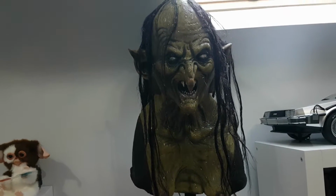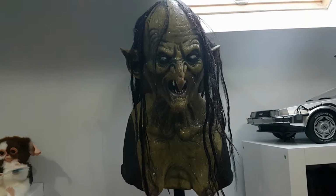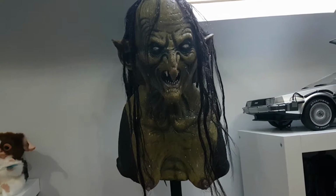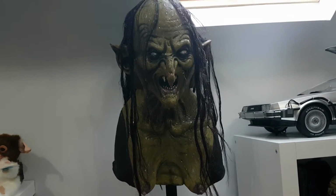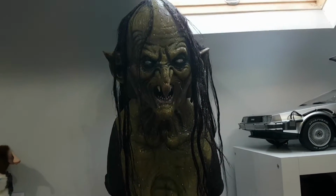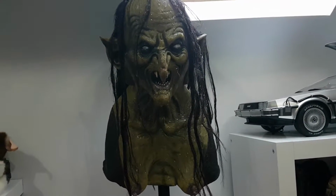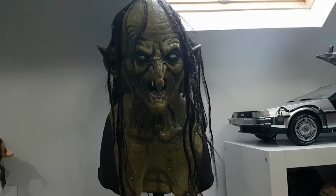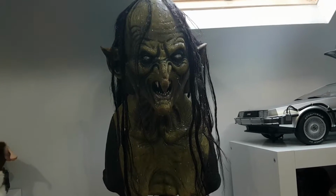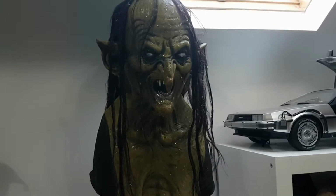So yeah, I got this piece. The paint job was really good. I was actually very impressed with the paint job. There were just a few areas where I thought I could improve it. Out the box, it's very good. It's really well done, but I can spend a lot more time on it, and these artists have got to try and get it out to you on sometimes a 2-week turnaround. So I thought I could put my own spin on it and try and improve it,